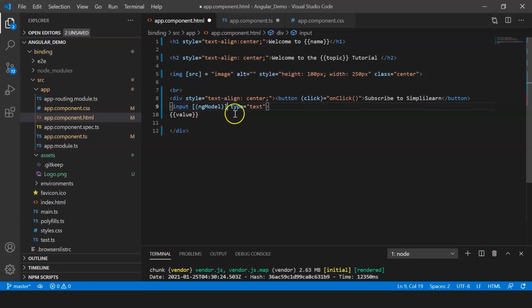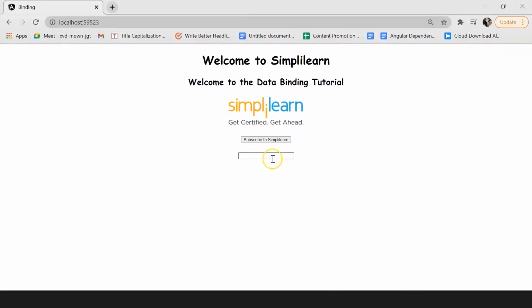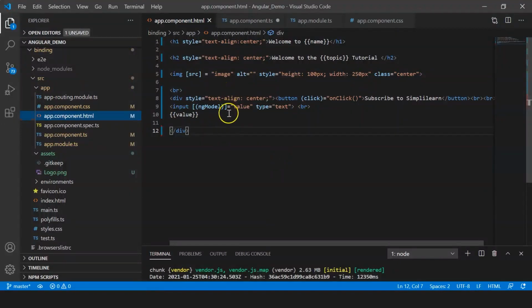And this needs to be initialized to value. All right. So let's save this. So in the browser, when I provide a text in my input box, you can see that nothing below is being displayed. Whatever I provide in the text box needs to be displayed. But although we've used the ng model directive here, it still does not display the message.